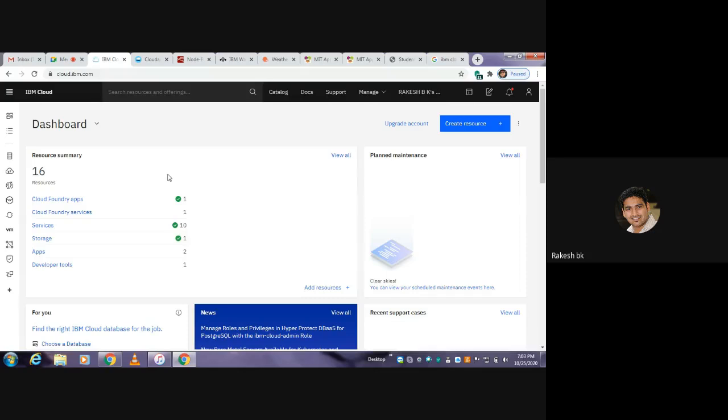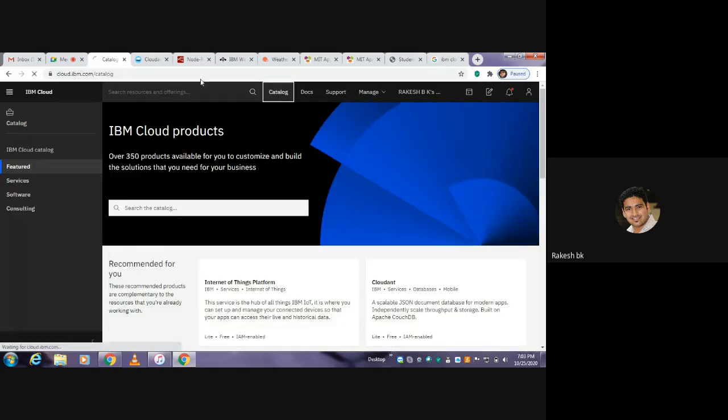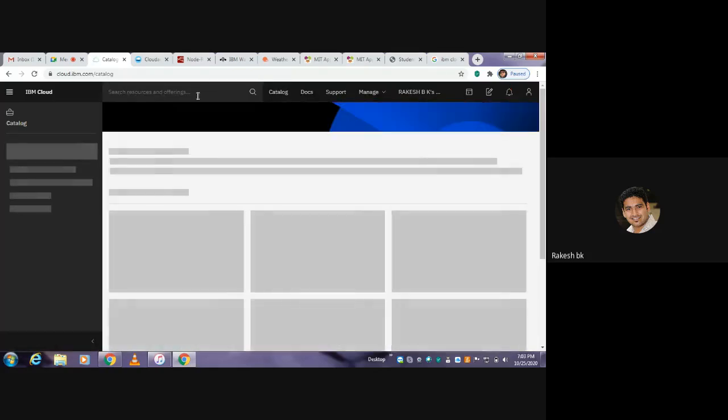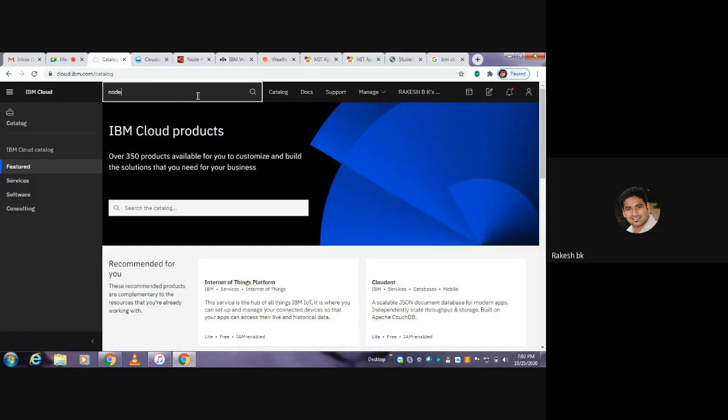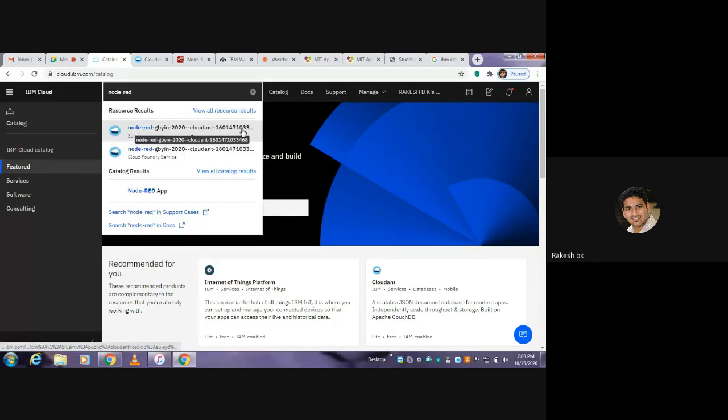Node-RED applications. So I can just go to the same catalog, click onto the catalog, click onto the Node-RED services. If you click onto it, it goes straight to the search, and you can go with the Node-RED app.